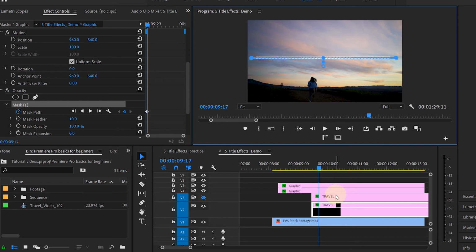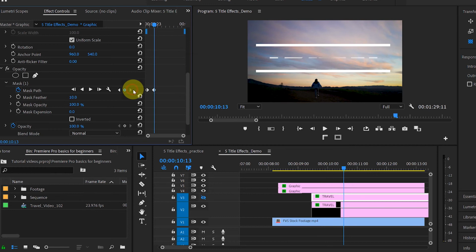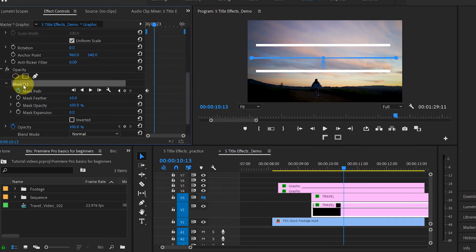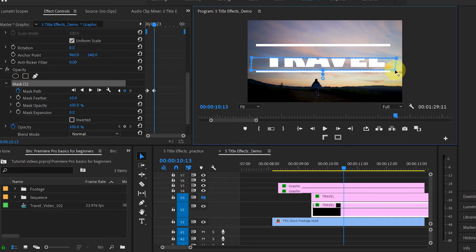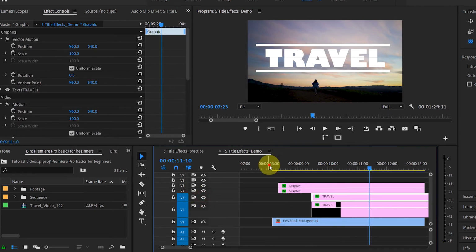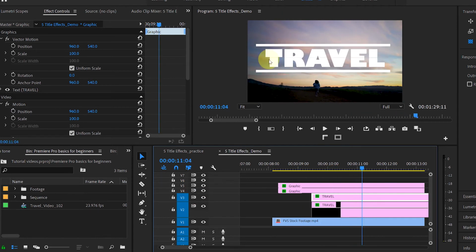Select text layer to get the position of next keyframe. Select this small arrow to go to the next keyframe. Then again select first text layer. Select mask and select 2 points of the mask line and move that mask line down to the white line. Now unhide the second text layer. Let's check the animation. We see this gap on the text, but we can fix this.